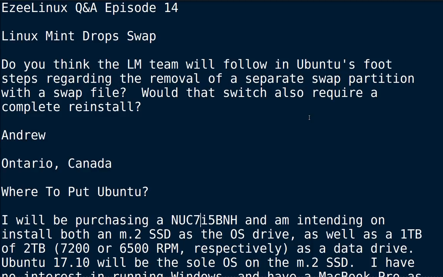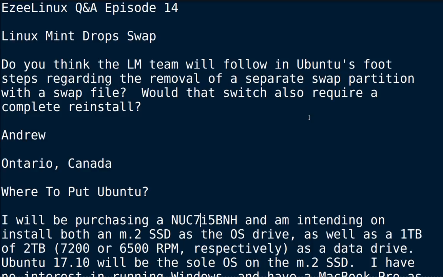I think one of the reasons that Ubuntu switched over to creating a swap file was that they could create small little files, kind of keep swap out of the way, because there's been a raging debate for years, people going on, do you really need swap? Is swap a good thing? How much swap should you give the system? Where should you put the swap partition? It's just this constant running thing. So the Ubuntu folks say, okay, we'll put it in a little swap file and we'll kind of hide it a little bit, and then we'll have the system decide what's the best size, and we'll just take care of it in the background, and maybe people will shut up about it. I think that's why they did it.